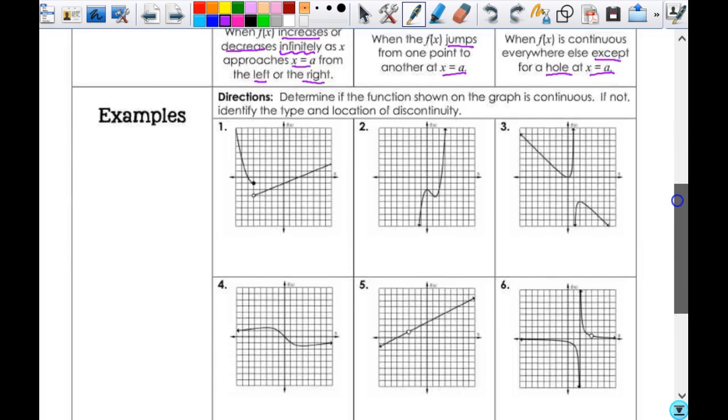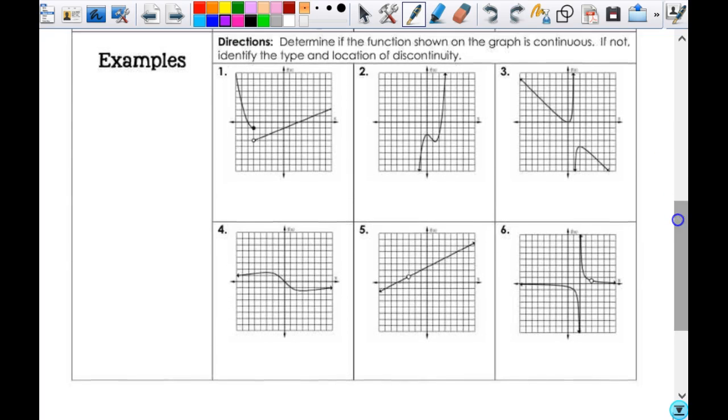It says determine if the function shown on the graph is continuous. If not, identify the type and location of discontinuity. So let's look at number one. Is this continuous? No. So what type of discontinuity? Jump. So we're going to say that it has jump